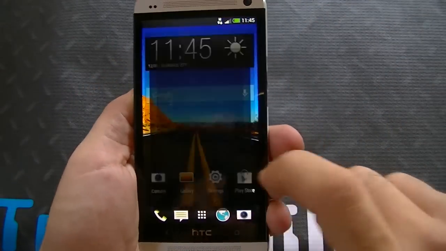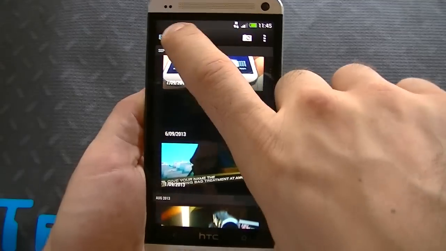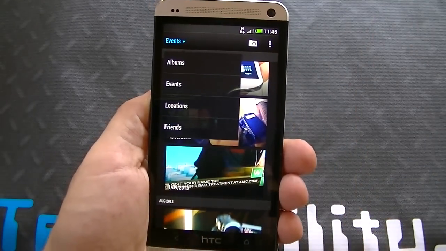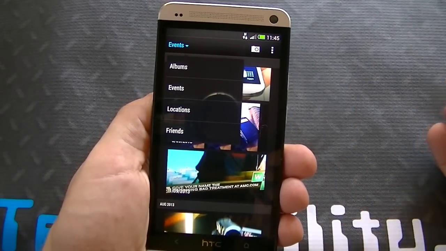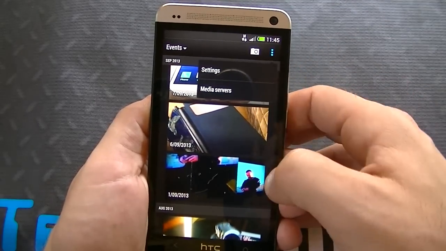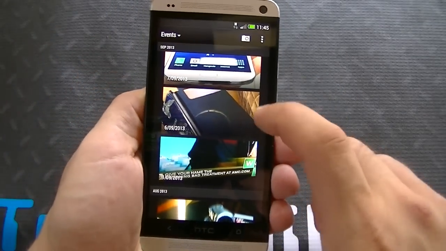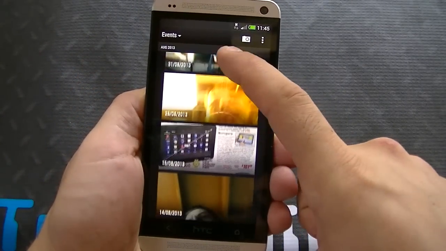Let's take a look at the gallery here real quick. You can see the gallery here. Alright, you can set it up in different ways. You got albums, events, locations, friends. Right, you could see you obviously have Zoe that you can set up there. You got media servers. Look, so you can see Zoe right there doing all my photos and doing what it's doing right down there. All right, so if I was to go to, let's say,